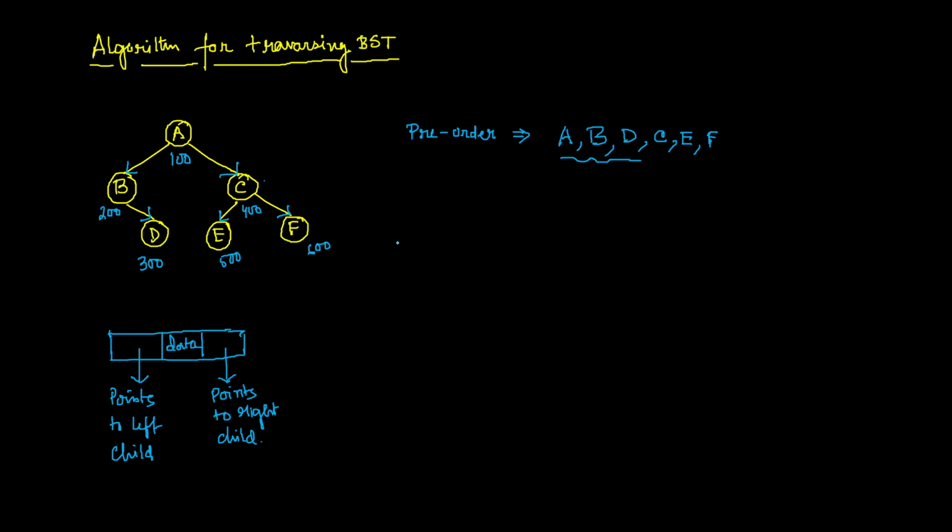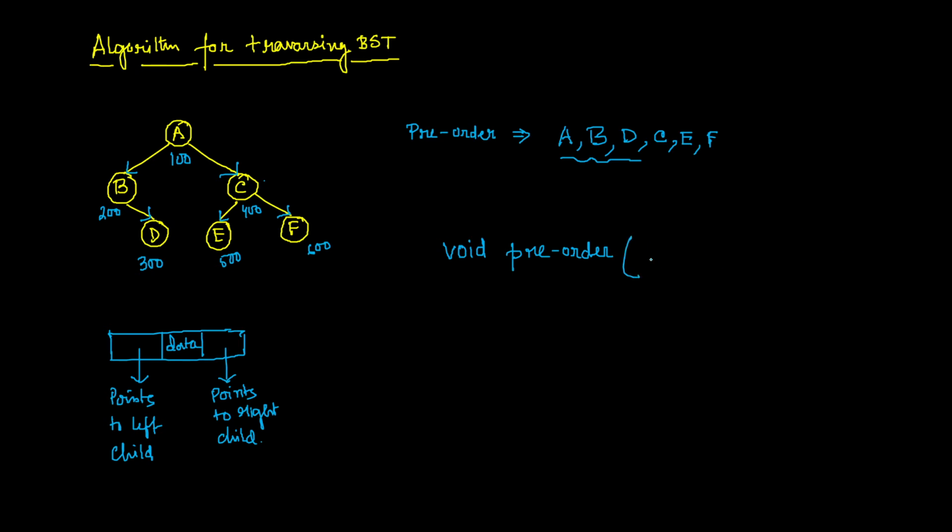So suppose the function name is, say, in-order. Okay, I'm sorry, pre-order. The function name is pre-order. So what I can write, I don't need to return any value, so it's only void. I can easily write void, and then say the function name is pre-order,